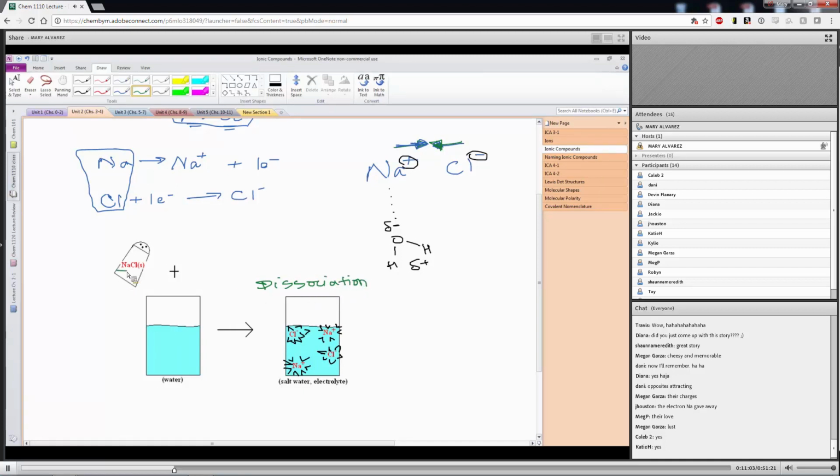Because the two ions have disassociated from one another and are now associating with the water instead. So any ionic compound that will dissolve in water will actually be dissociated. You can't see it with your eyeballs because it's all dissolved and dissociated and makes a clear solution, but it's there. And one way that we can see that it's there is that any water solution with dissociated ions becomes